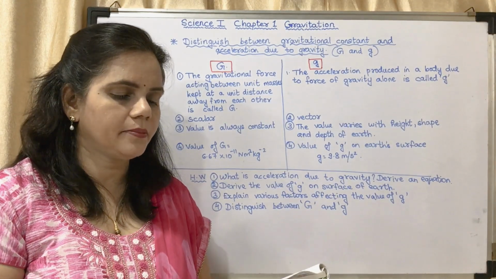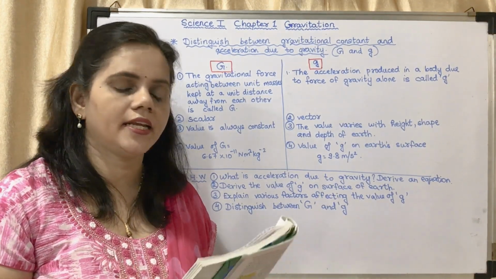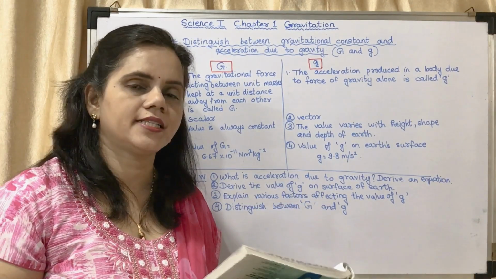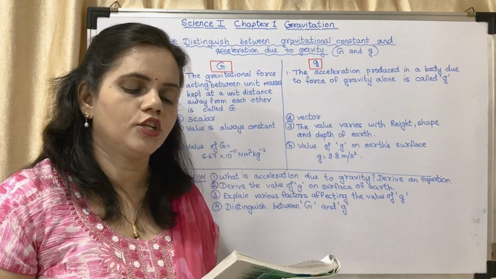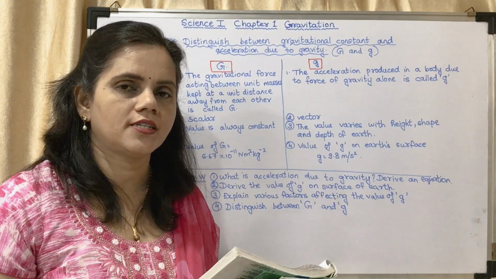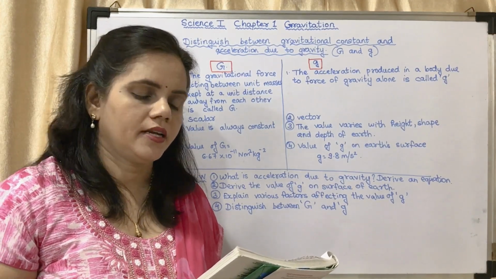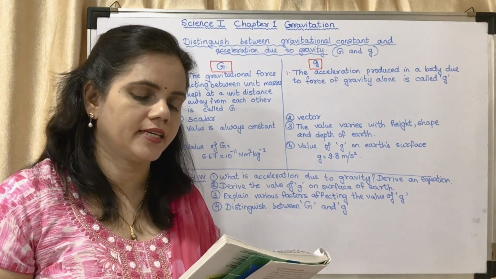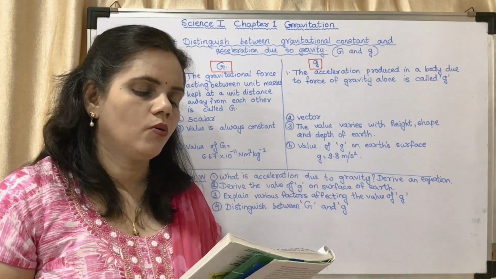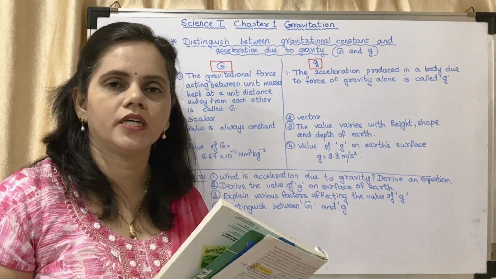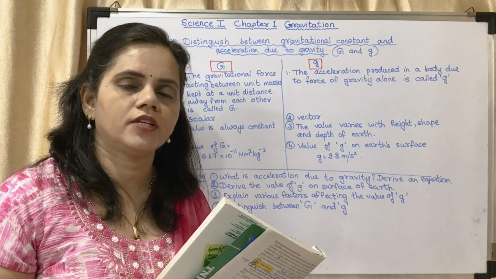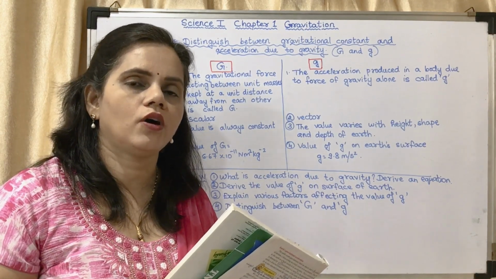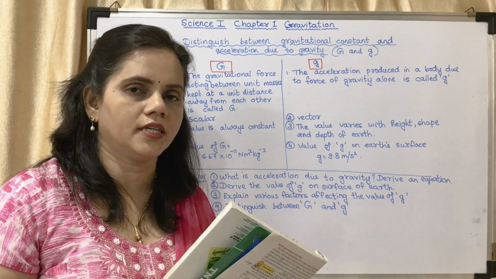Okay, now on page number 9, think about it question, again a yellow box. Will the direction of gravitational force change as we go inside the Earth? Answer is no, it always acts towards the center of the Earth. I repeat, no, it always acts towards the center of the Earth. You may write the answer there itself. Second question. What will be the value of g at the center of the Earth? The value of g is 0 at the center of the Earth. You may write that the value of g is 0 at the center of the Earth.